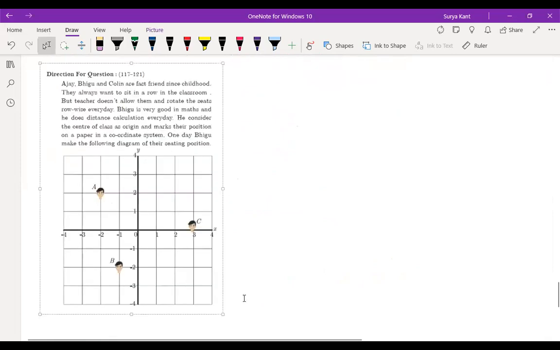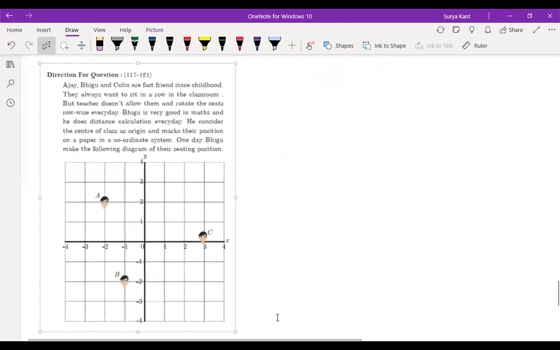that Ajay, Bigu and Colin are fast friends since childhood. They wanted to sit in a row in the classroom, but the teacher allowed them to sit and rotate the seats row wise every day. Bigu is very good in maths and he does distance calculation every day. He considers the center of the class as origin and marks their position on paper in a coordinate system. One day Bigu made the following diagram of the sitting positions A, B, C,